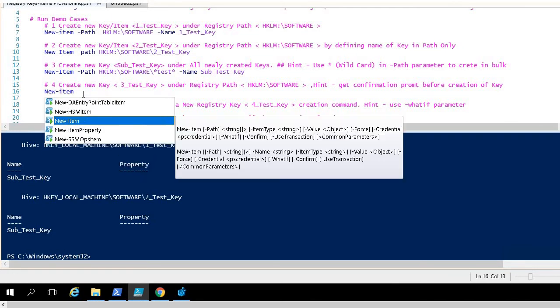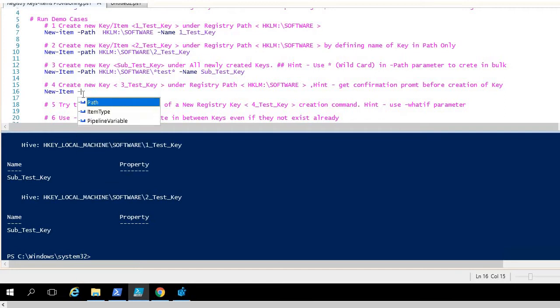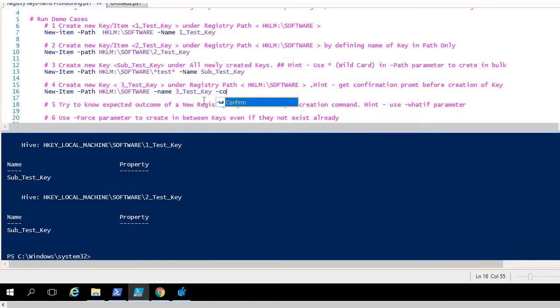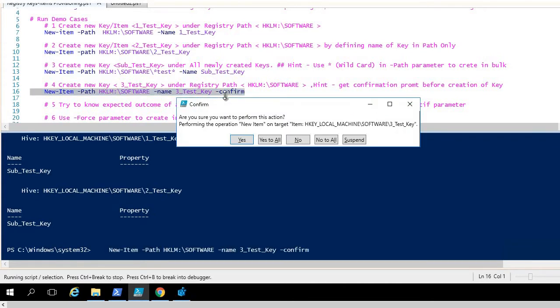New-Item, -Path, and path is the same as what we copied earlier, this one, and -Name 3_test_key. And now we need to use the -Confirm parameter. As we could see in our earlier examples, it never asked for a confirmation prompt, but in this case it should ask. Let me try it, and as you can see, once we use the confirm parameter, it is giving us